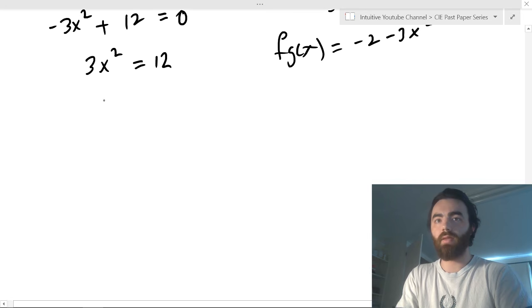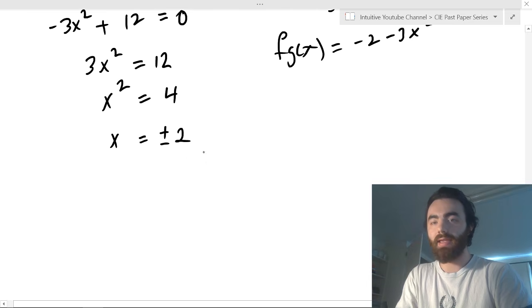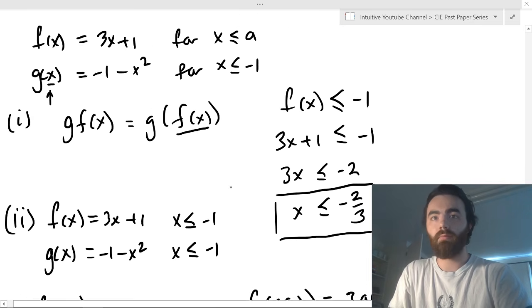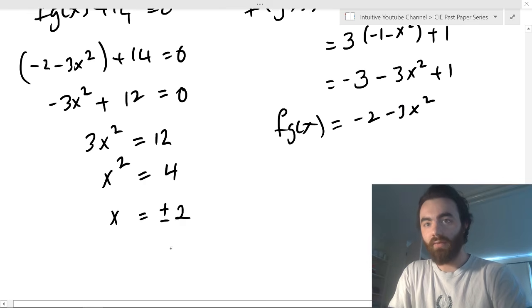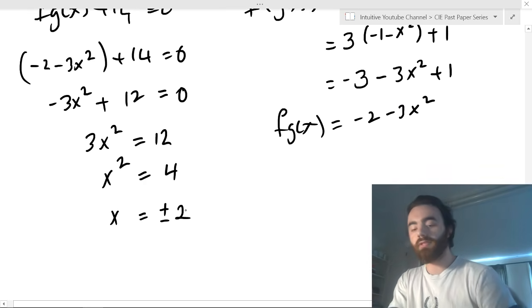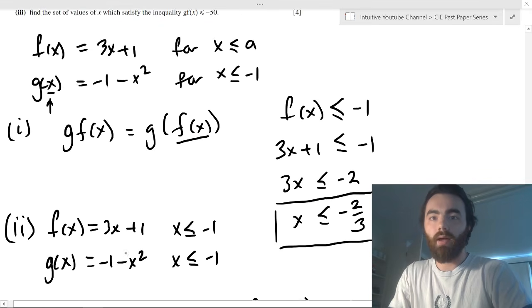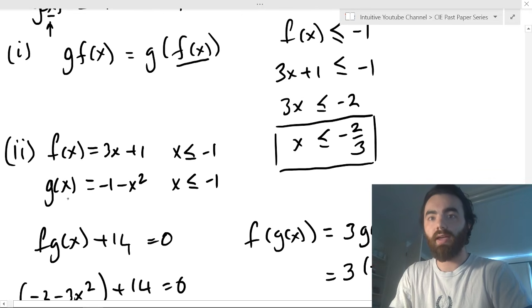Yeah? And then we'll get x squared equals 4, and then x equals plus or minus 2. Now, again, you've got to be careful here because we have two solutions. But are both of those two solutions valid? Well, we know that our input function here, g of x,